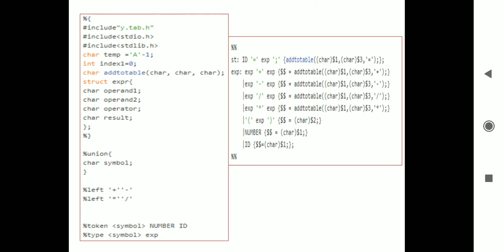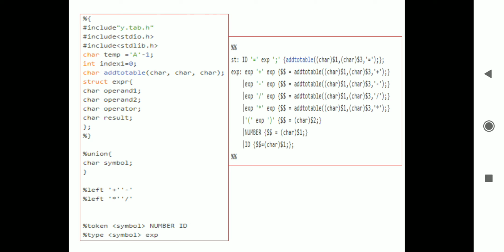Create one structure that stores operand 1, that is the left side operand, the right side operand, the operator, and the result. Result is what the left-hand side is. The left child, right child, and operator are to be members of the particular expression. So an expression consists of 4 parameters, that is what?